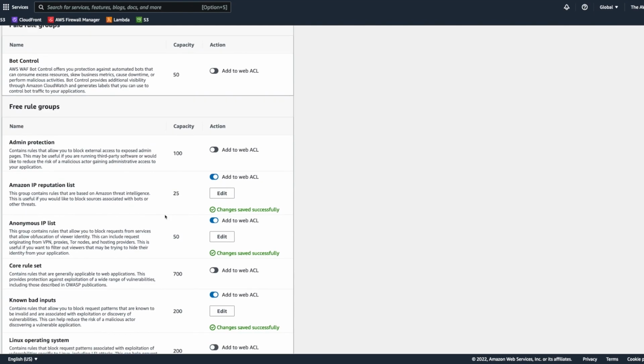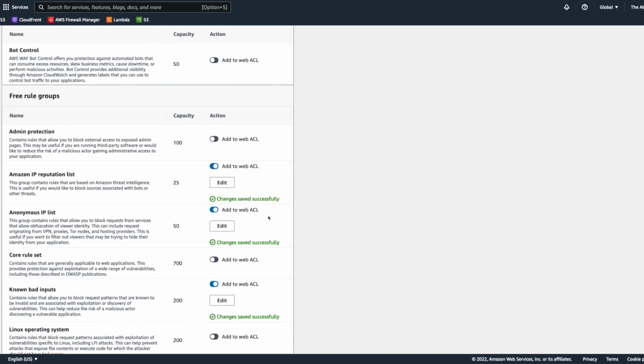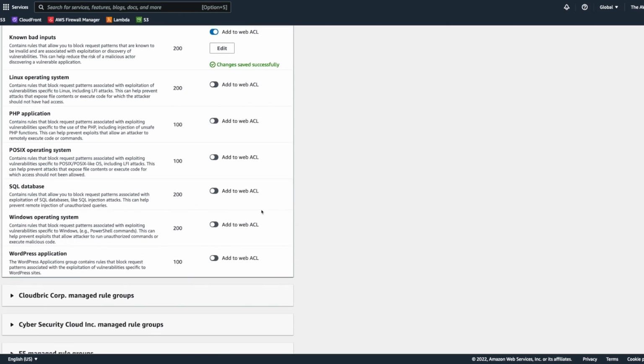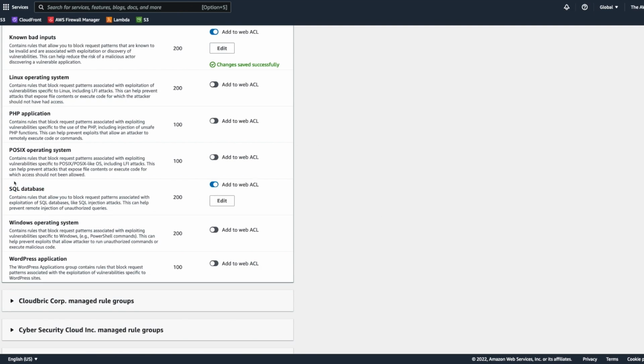So we added the known bad inputs. We added the IP reputation, anonymous IP. These are safe IP level kind of rules. Again, very lightweight on the WCU count, so they don't take up too much of your capacity. And another thing you probably want to add, if you have a SQL database and you're concerned with SQL injection, so obviously add the SQL protections, and